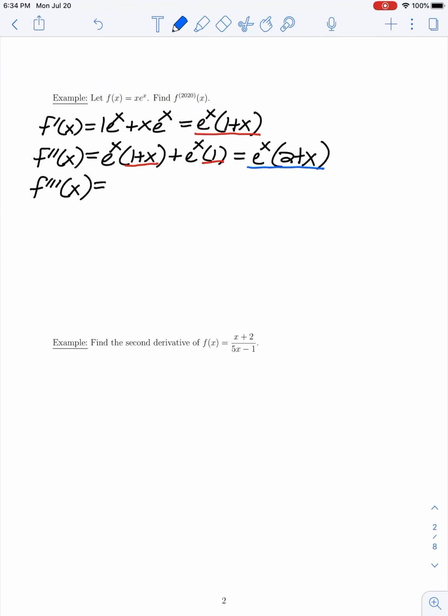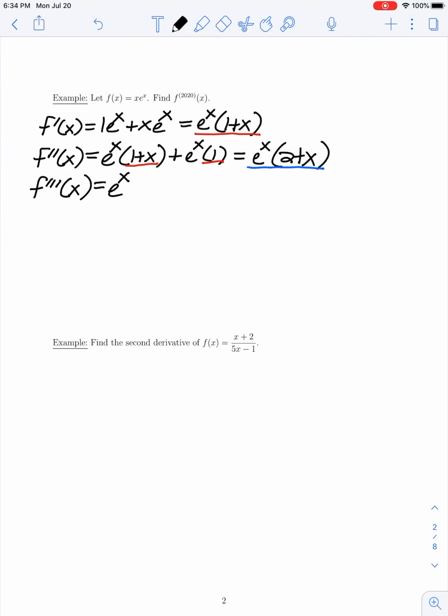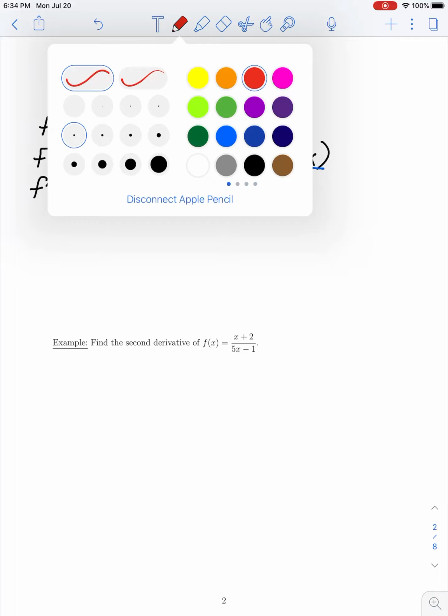We start by taking the derivative of the first function, e to the x, which is e to the x, times our second function, left alone, 2 plus x. Then we add the first function, left alone, e to the x, times the derivative of the second function. So the derivative of 2 plus x is 1. And again, factoring out an e to the x from each term, I'm left with 2 plus x plus 1,